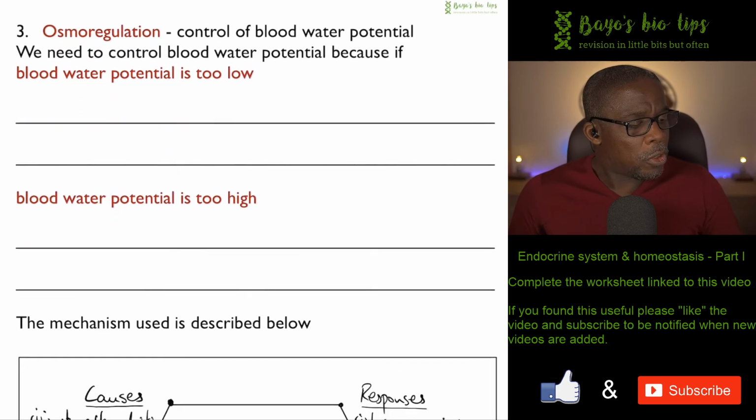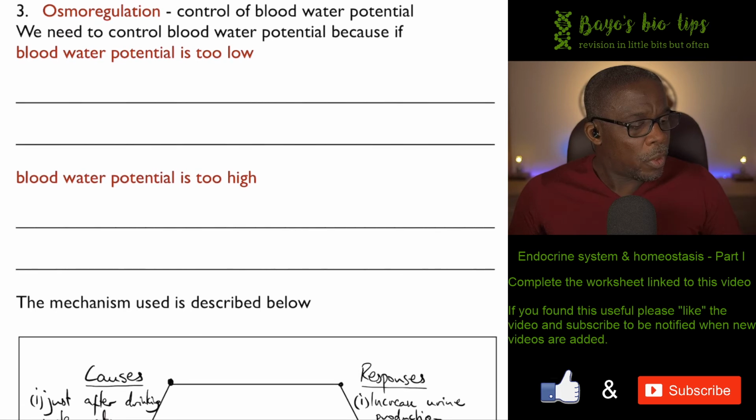Okay, so osmoregulation. What is that? So basically that's to do with water potential. So we talked earlier about it from the point of view of glucose affecting water potential, but you can have other things affecting water potential, including obviously the amount of water in your blood. So if your blood water potential is too low,